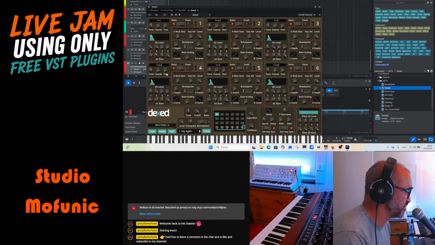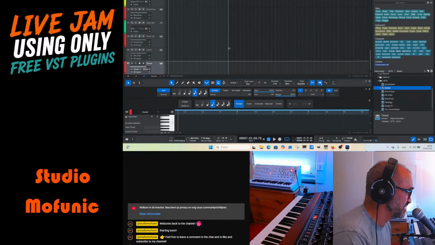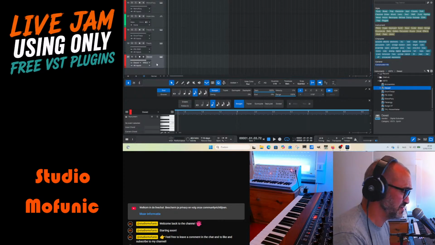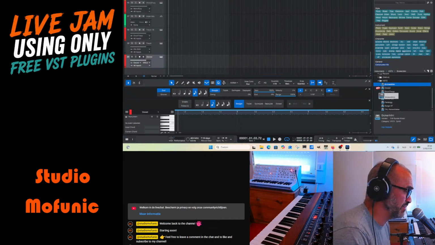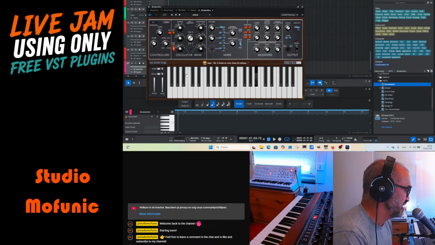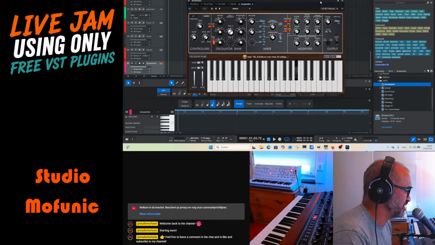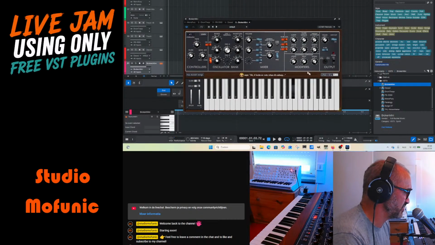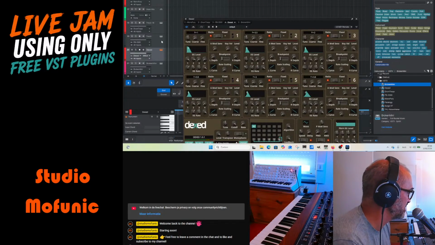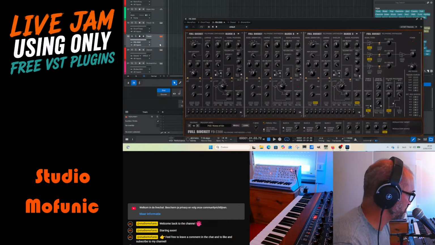The Dexit, of course, I'm gonna use that. Also, for the bass, I think I'm gonna use the Broken Mini. It's a mini Moog. So I'm gonna use this for the bass, and the others are, I think, for lead sounds, electric piano sounds. I'm gonna use the Dexit, of course, and then for this one,